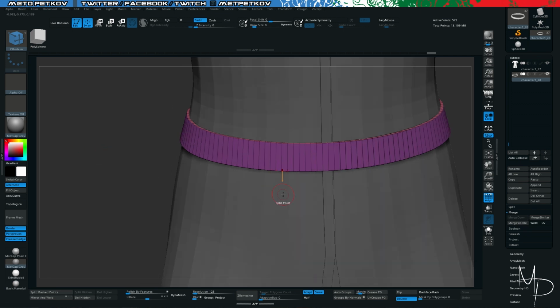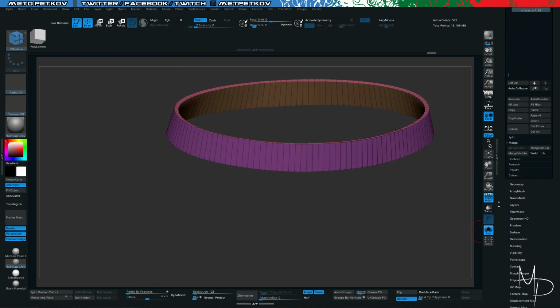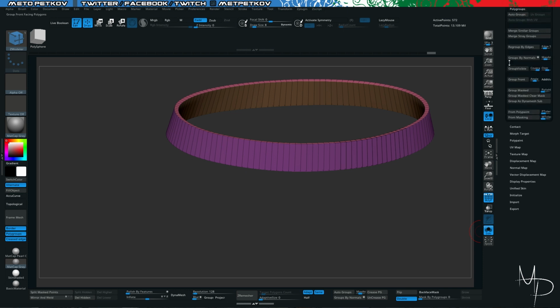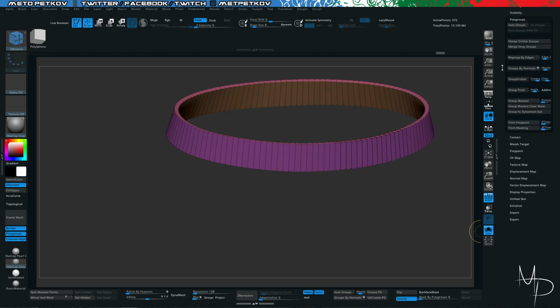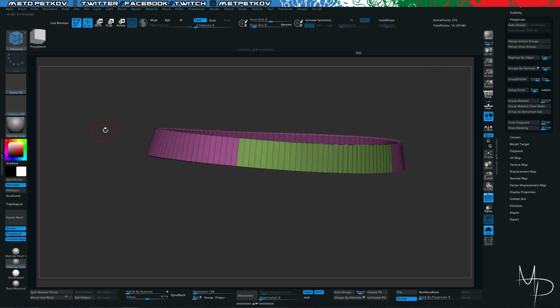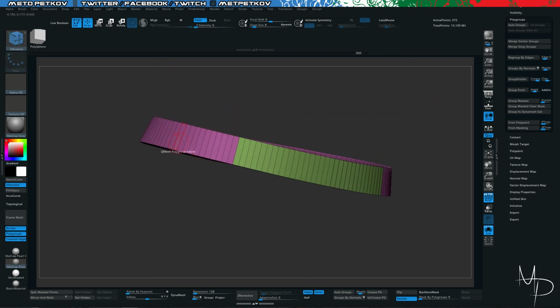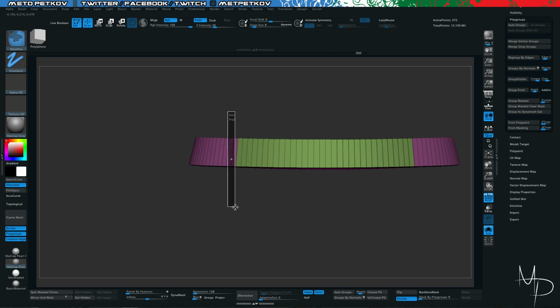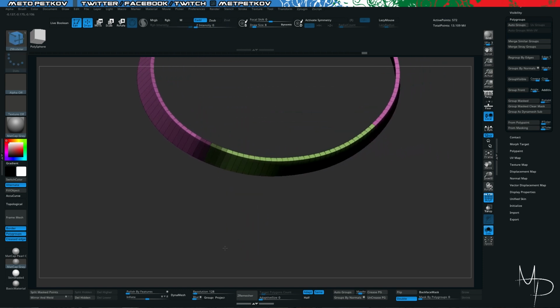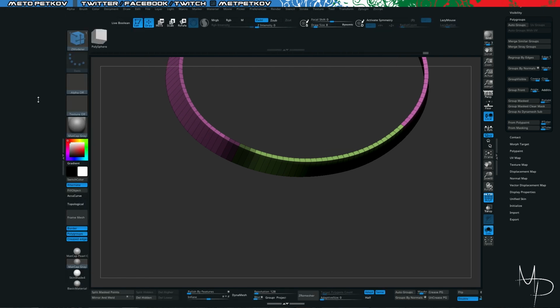And if I go to polygroups, auto groups, as you can see, it creates different groups, which means those are different geometries. And now here comes the fun part. So from here, what I can do is mask this small part where I will later merge those points. And from here, I'm gonna come to my brush menu,